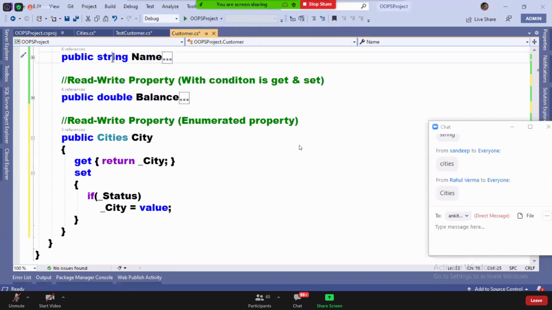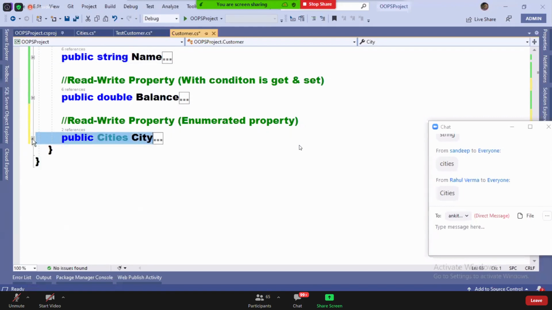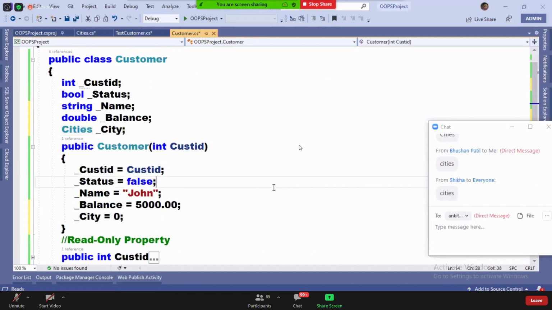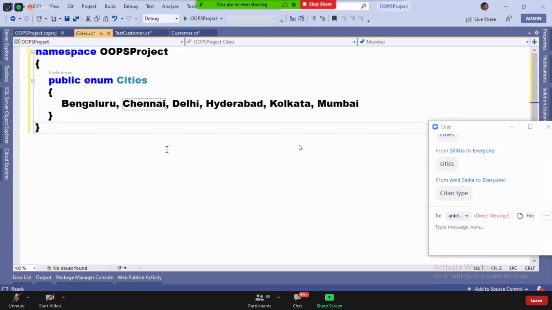Name is string type. Then city is cities type. And that is the type you defined yourself. Understand the difference: for the first four, we used predefined types. Someone already defined these types and gave them to you. But for this, we have a user-defined type. So that's why, first, I defined my type.